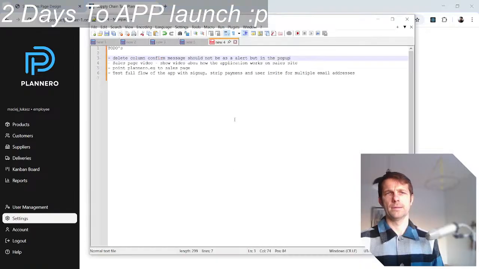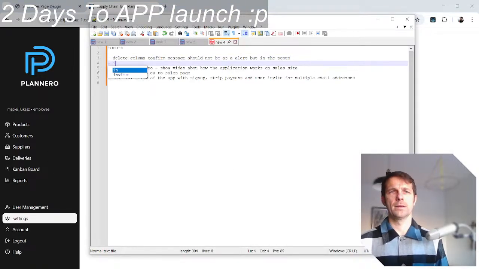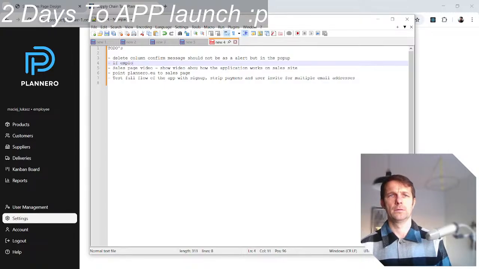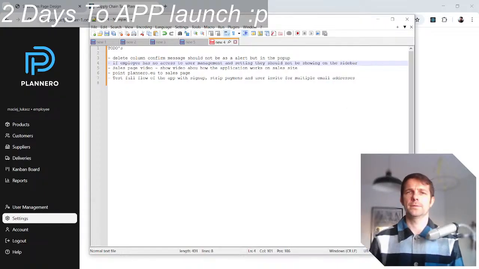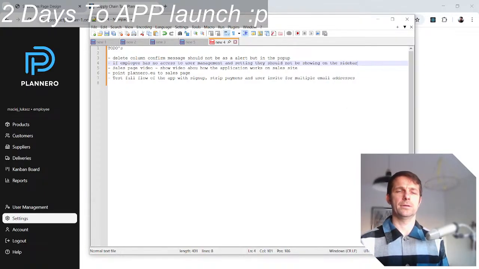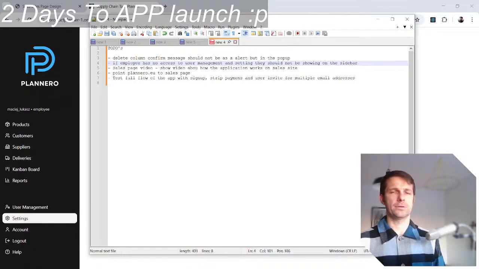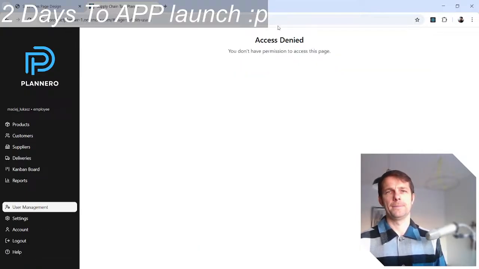If an employee has no access to user management and settings, they should not be showing on the sidebar. Yeah, that makes sense. So if your status is not admin and so on, you shouldn't even see those. This is pointless.